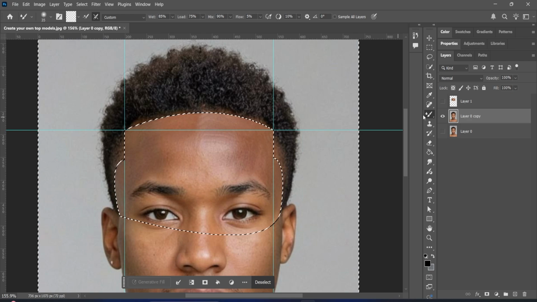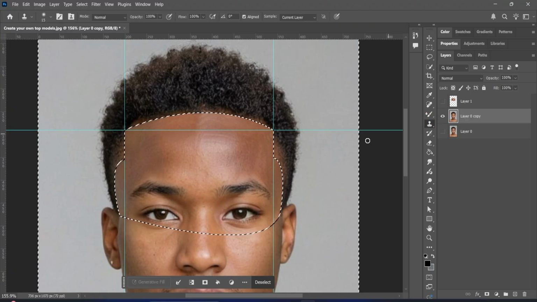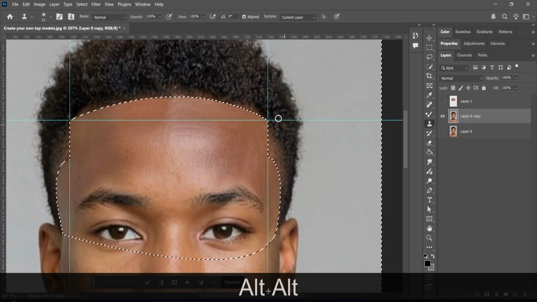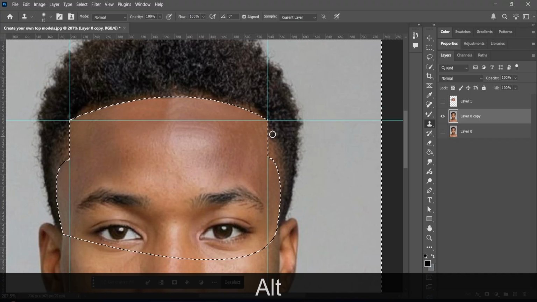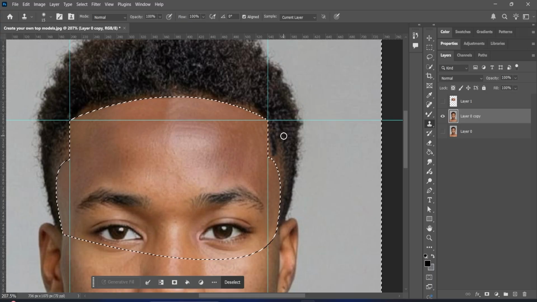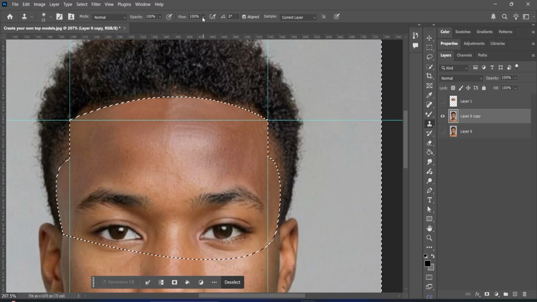So now what we need to do is select the clone stamp tool again, and this time around we will select clone stamp here and we will brush. You can see that it's a bit thick, we don't want that, so Control Z and make sure that my flow is a bit low. Let me go for,